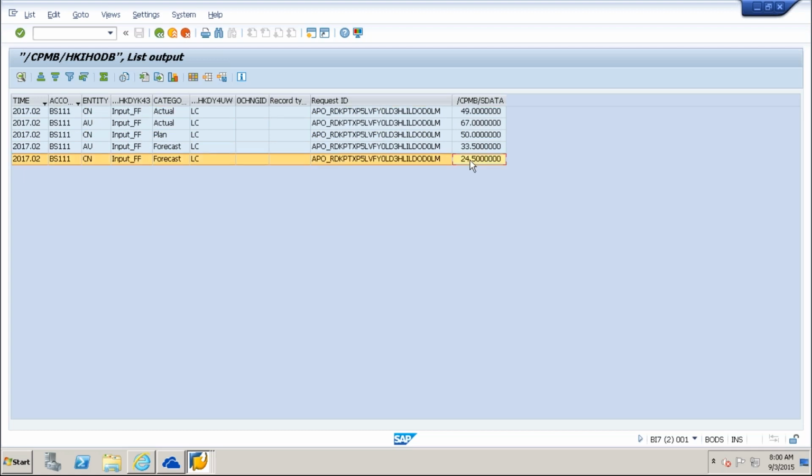I wanted to increase 5% of the forecast value. It is exactly made off of this 49 value. 5% means 0.05 I want to increase.